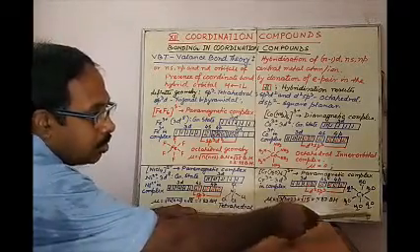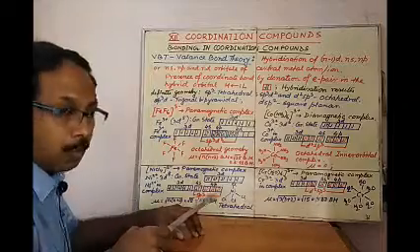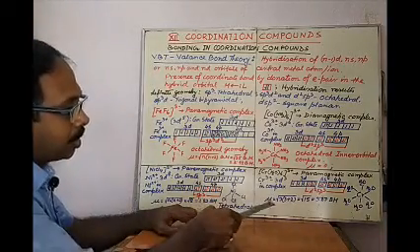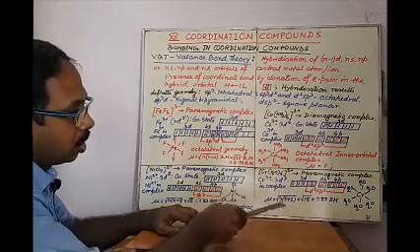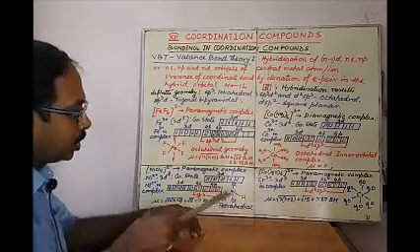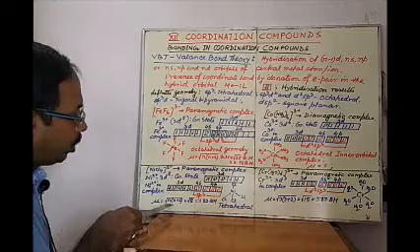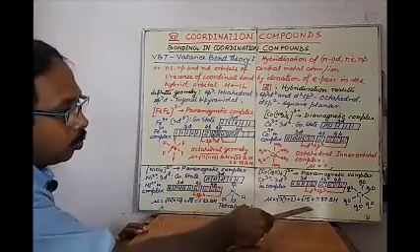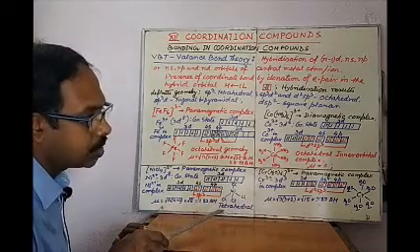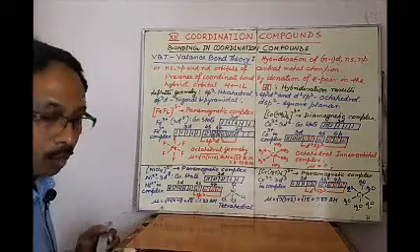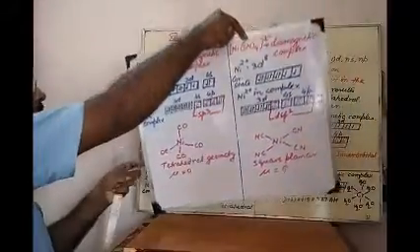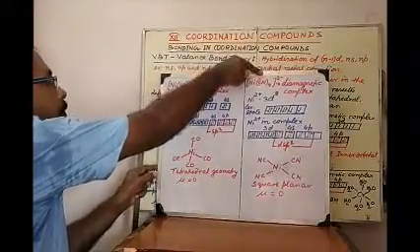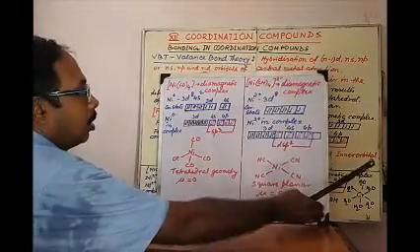So this complex is also an octahedral complex, and the paramagnetism can be calculated as, since there are 3 unpaired electrons, we can put this in the formula √(n(n+2)). It gives √15, that is 3.87 Bohr magneton. Now let us find some other examples like this. Those are very important ones.